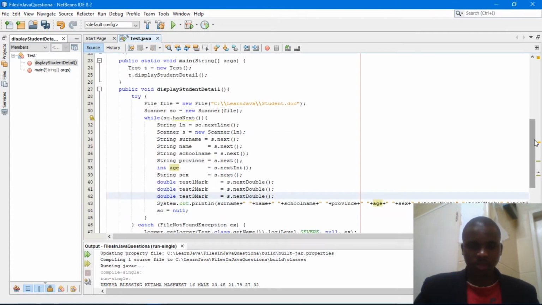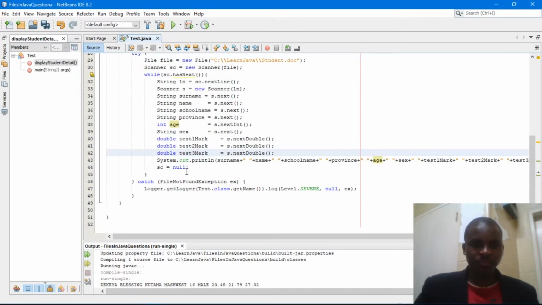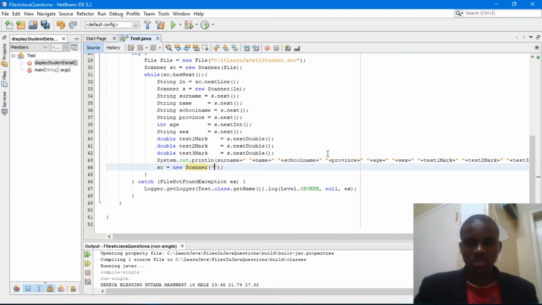It's very simple. Here I suggest that when we were trying to dereference this object so that this while loop can terminate, so that it cannot throw an exception, rather than dereference, you can create another object and initialize it to the same reference variable but with nothing, like this, the scanner object, and then inside you just pass nothing.